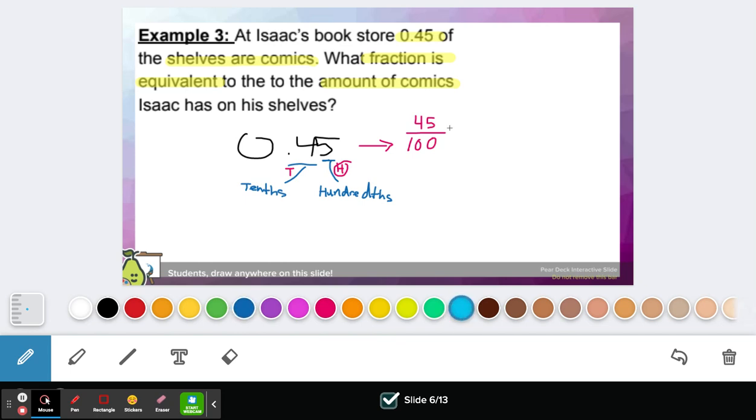So now here, I need to simplify both numbers, okay? By what number? If I look at my last number on both, they end in a 5 and a 0. If I try to remember my divisibility rules that you guys should have remembered in elementary, if it ends at a 5 or a 0, that means it's divisible by 5. Okay, so then if I do 45 divided by 5, 5 can go into 45 9 times. 9 times 5 is 45, and I should get 0. So this is equal to 9